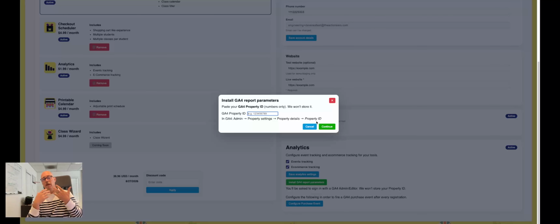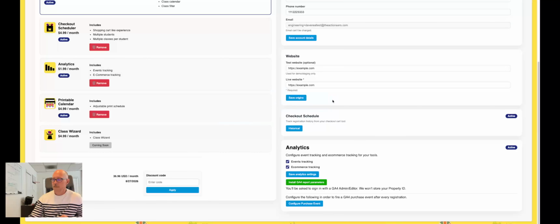It's then going to ask you to log into your Google Analytics account so that it can pre-populate your account with those parameters, with those event definitions, just to make your life easier, so that when Universal Action Rabbit tools are operating in the background, you already have that without doing any of the complicated work. Okay, we don't need to go into that in this particular video, but it will ask you to log into your analytics account after clicking continue. So I'm going to close out of this,